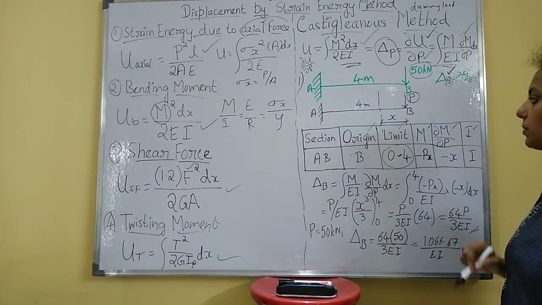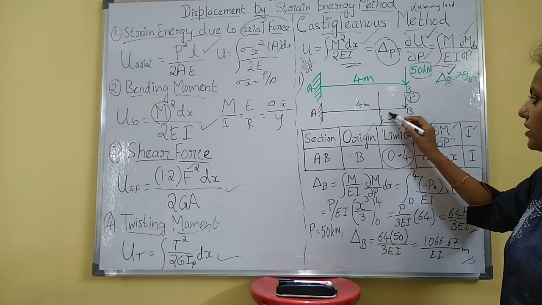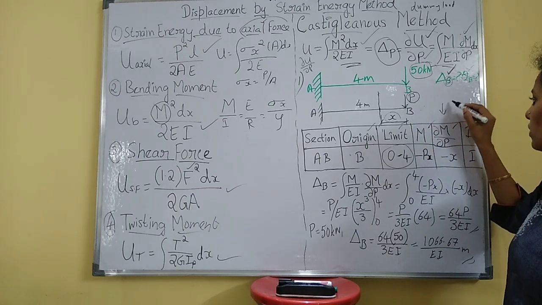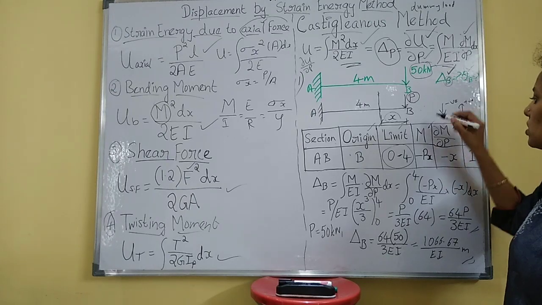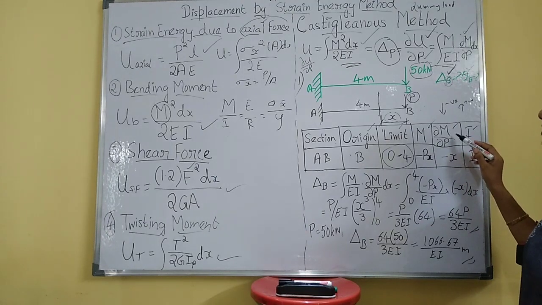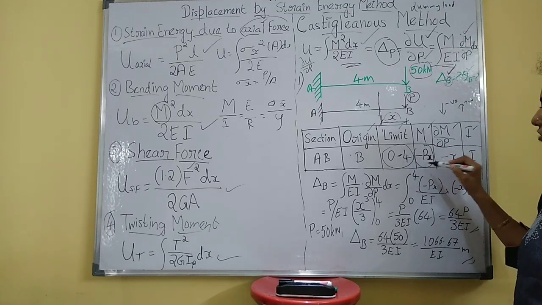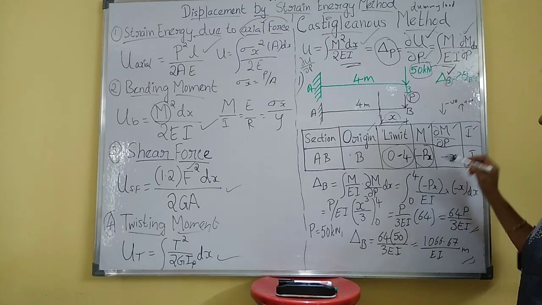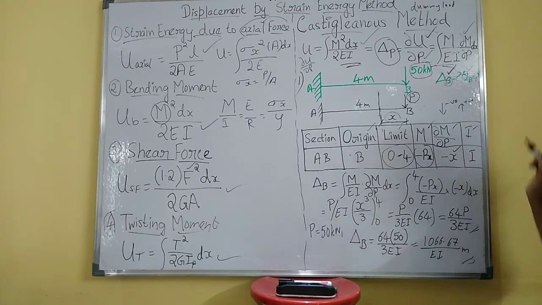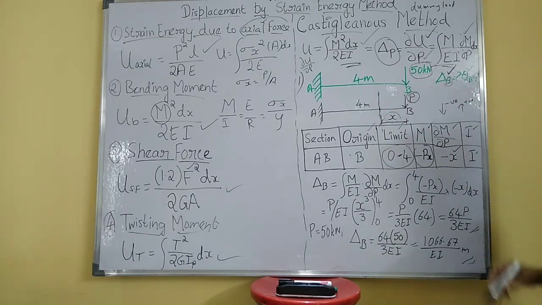M is nothing but the bending moment. So first find the bending moment at any section, at distance x. This is load P; downward is negative and upward is positive for bending moment. So downward means minus, so it is minus P into x. Now differentiate this value with respect to P. Dou M by dou P of minus Px is nothing but minus x. The variation of I is the same throughout, so just write it as I.